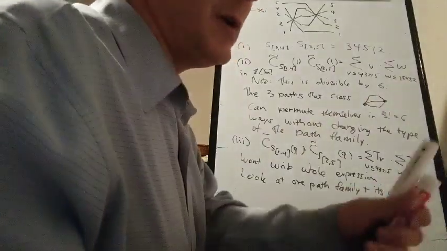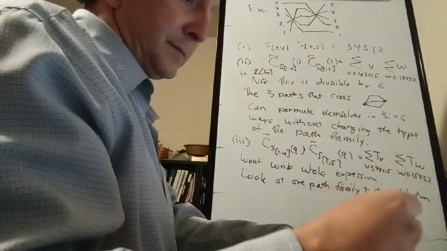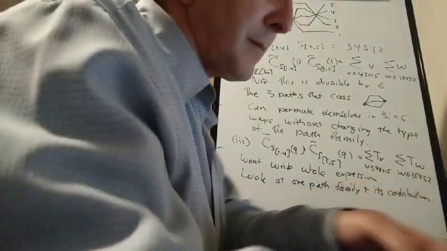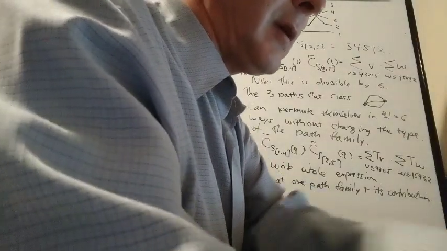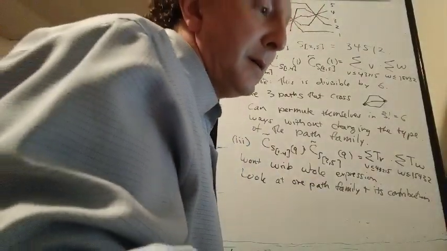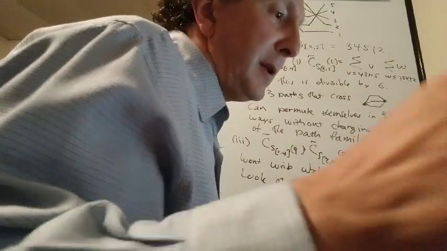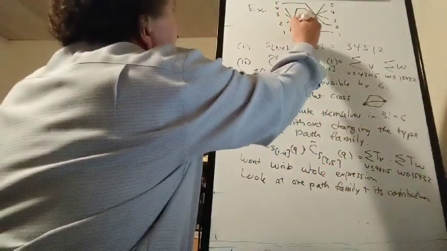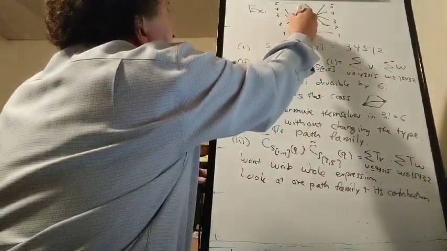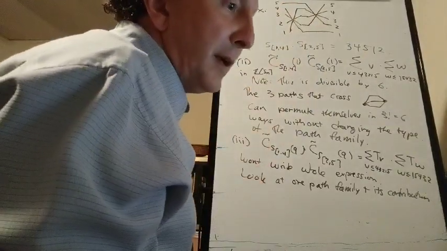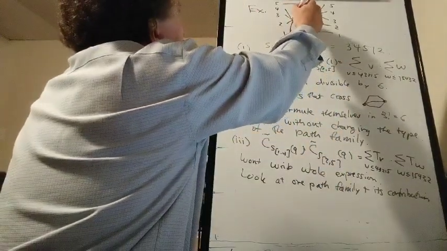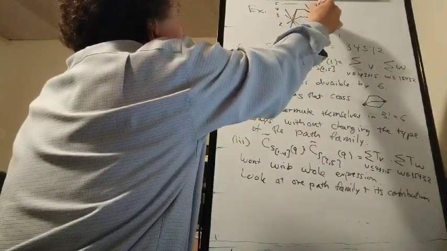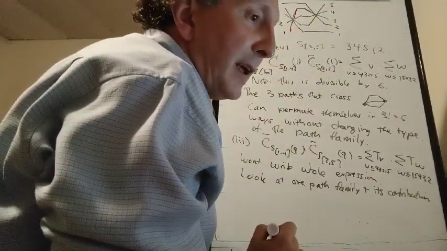So let's see, I've got red, green, blue. So let's look at the path family that, let's see, with one path it'll start at 1, and then let's say it takes the upper road inside this part, and then it ends at